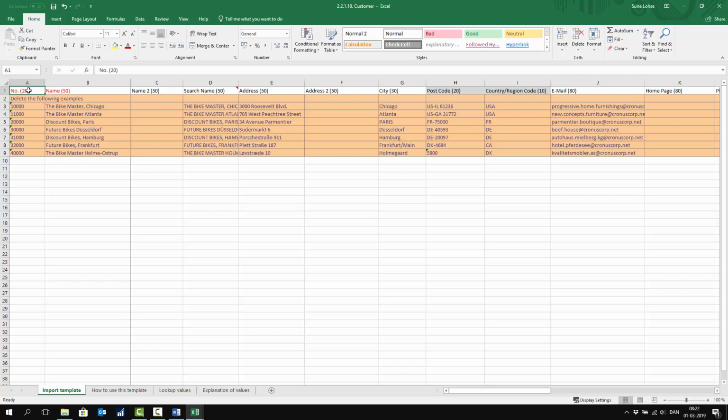So we have the columns that equal the fields that we want to import: number, name, name to, search name, etc. These are all the fields that the templates are default set up with. Don't change these columns because they are matched into the master data import worksheet with the default templates that we set up. So if you leave the columns like this, they will fit to the import directly. Those columns have some coding that I will get back to, to understand what the colors and the gray and the bolds are doing here. On the first worksheet we also have some examples, and you will just delete those lines with all the examples when starting to import data here.